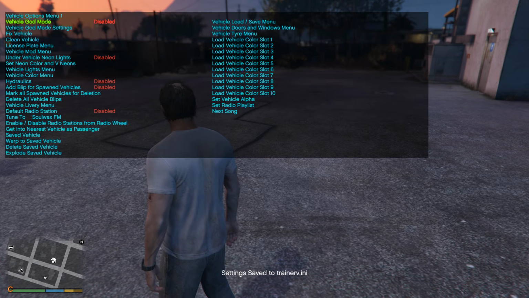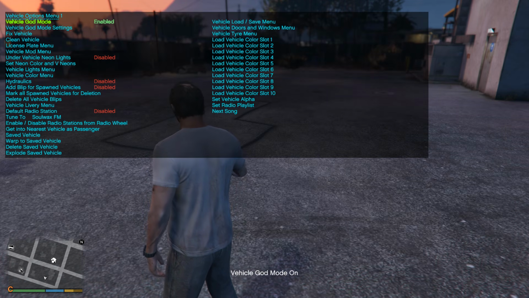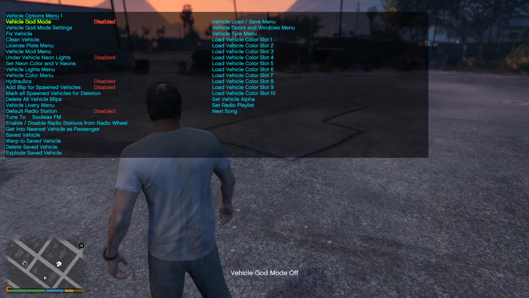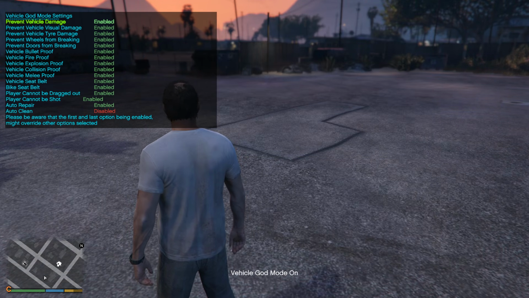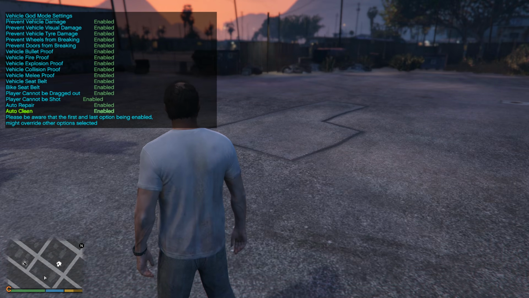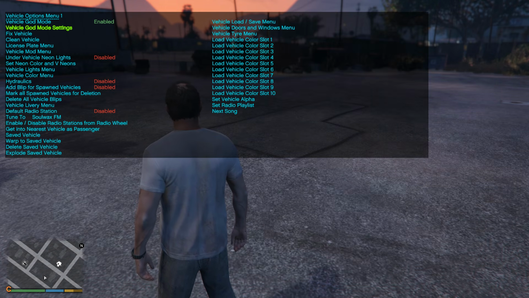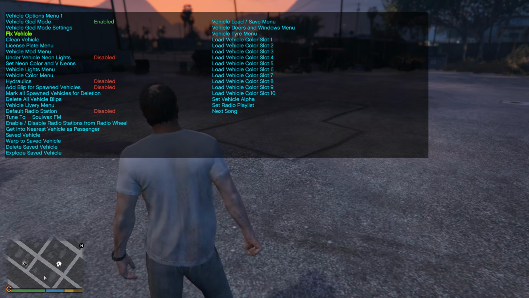We're now going to go to vehicle options. We want to enable vehicle God mode. If you want to enable that, go ahead and enable it there. And then if you want your vehicle to be clean at all times, go to vehicle God mode settings and then go down to auto clean and enable that. Your vehicle will always be clean and it will never be torn up, okay? Now, down here,